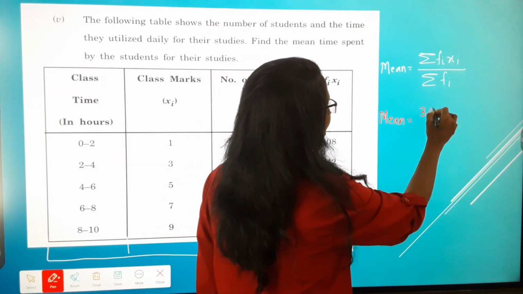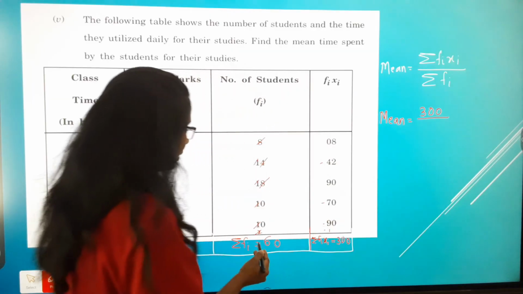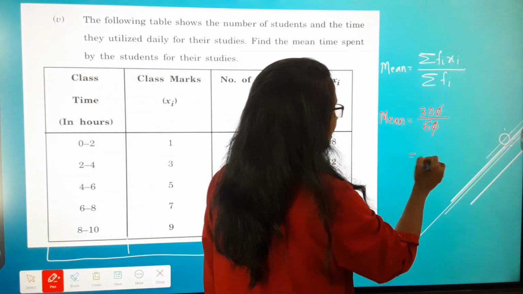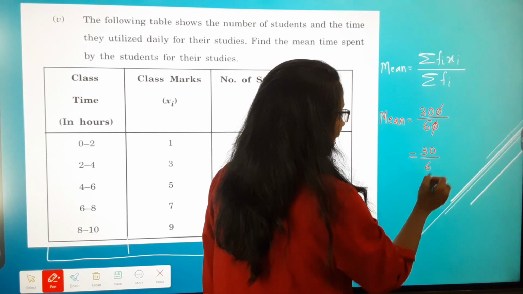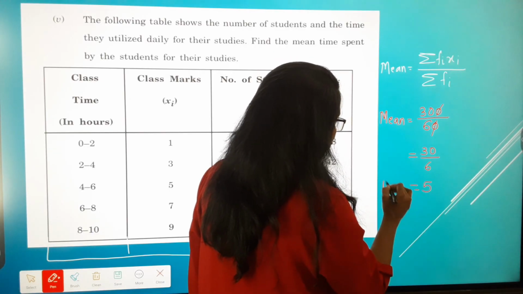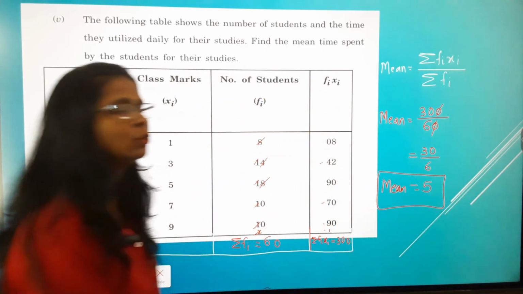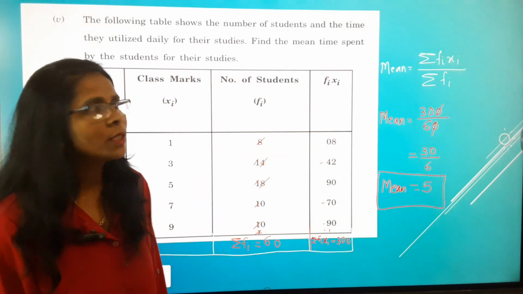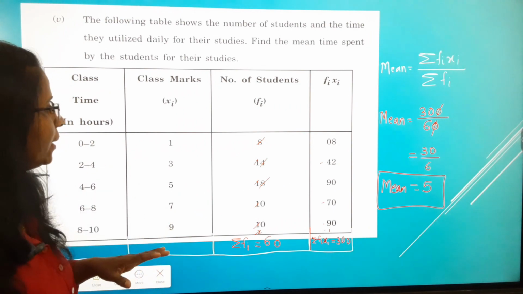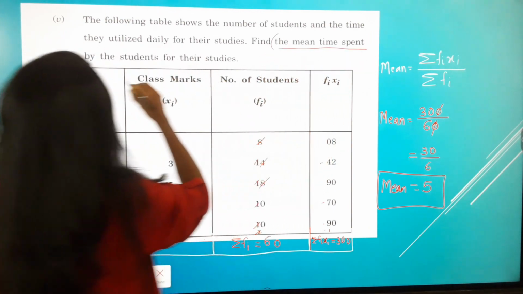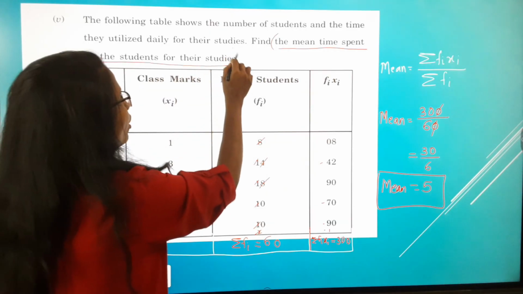300 upon 60. So here the zeros get cancelled. So 30 upon 6, and 6 fives are 30. So mean is equal to 5. Okay students. So here we write the final answer, that is the mean time spent by the students for their